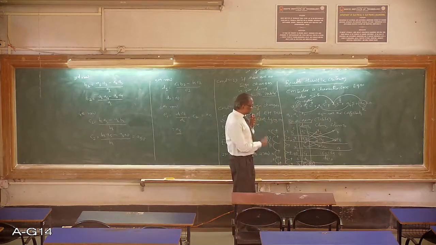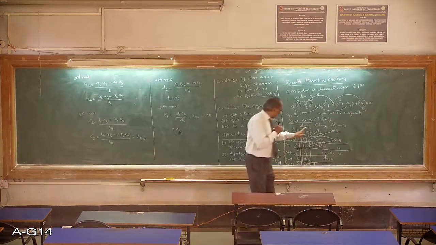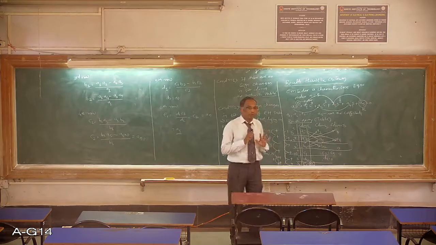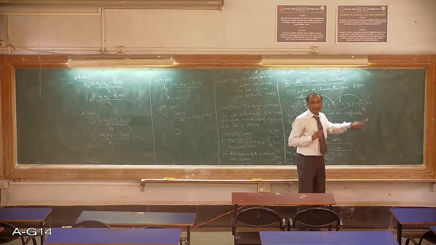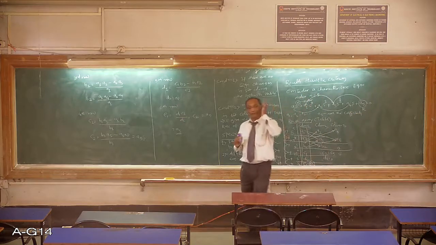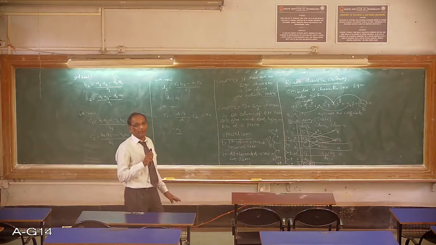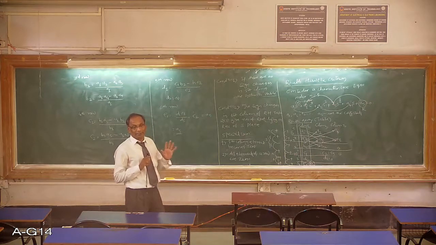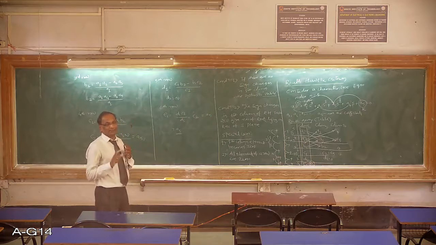Now once you construct the RH array, what is the condition for the system to be stable? All the elements of the first column of the RH array must be positive. If you put that condition on the terms consisting of K to be positive, we can predict the limiting value of K. That will give you the limiting K maximum value. For that K maximum value, the system is marginally stable. If K is less than that maximum value, the system is stable. If K is more than K max, the system is unstable.